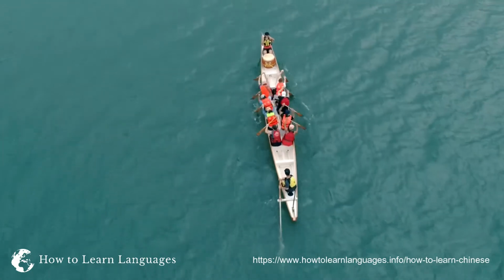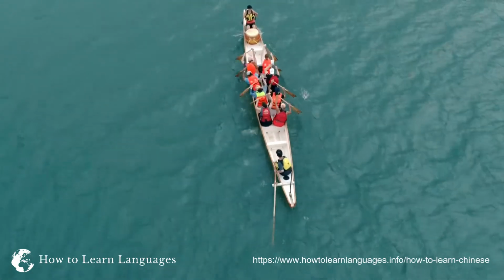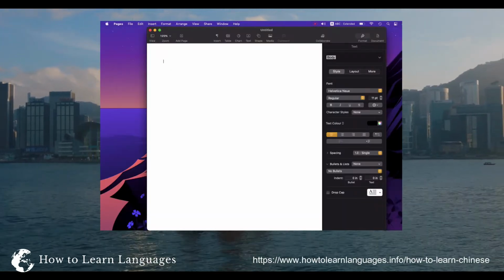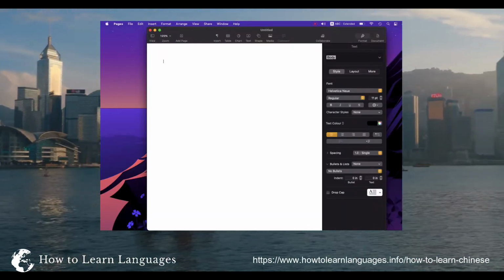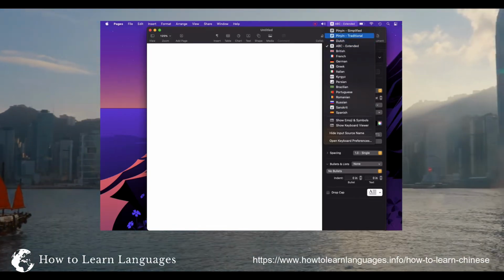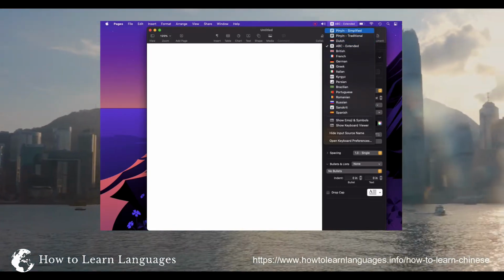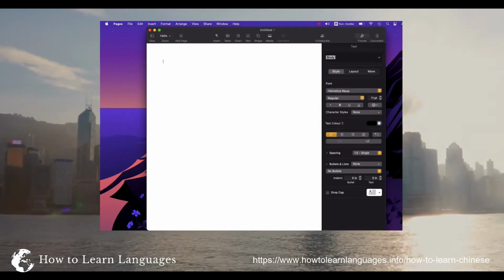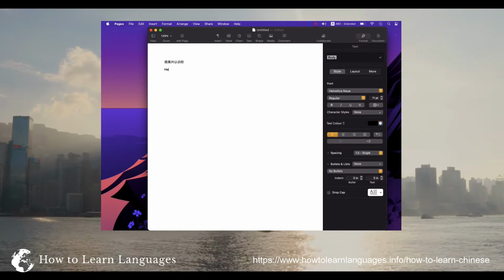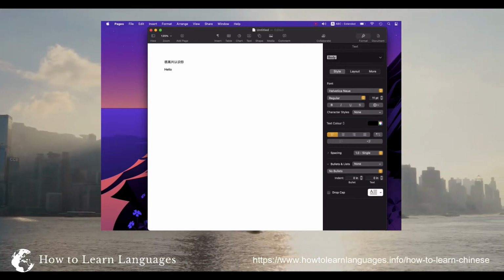To switch from your current keyboard to pinyin, click on the keyboard bar at the top of your screen, which will likely say some form of English or ABC Extended. When you click here, a drop-down list of all the keyboards you've added will appear. Select the pinyin keyboard. You can quickly toggle between your usual keyboard and the keyboard you've most recently selected by tapping the Caps Lock button.